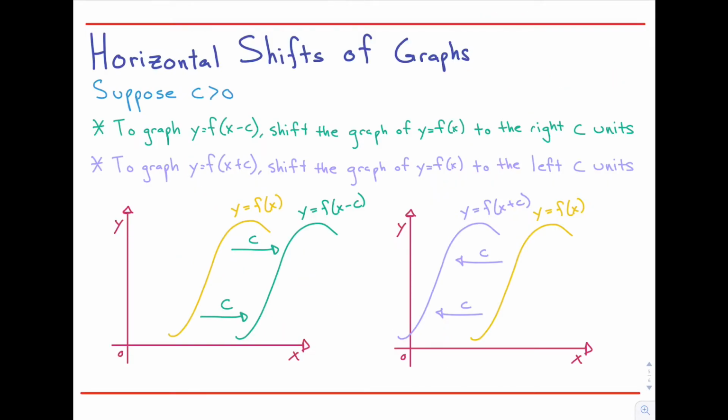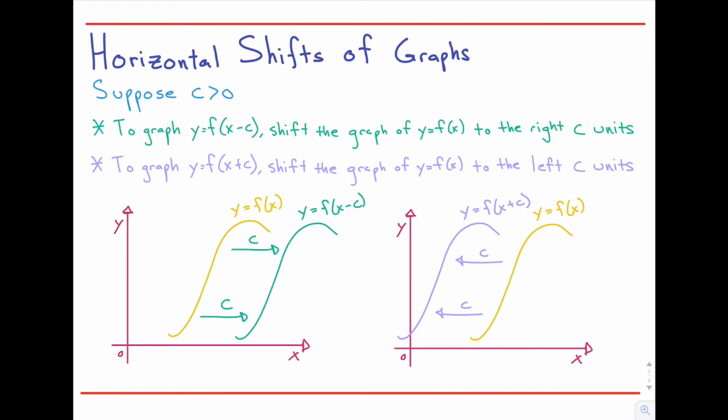So horizontal shifts of graphs. Again, suppose that c is greater than 0. To graph y equals f of x minus c, shift the graph of y equals f of x to the right c units. That is, when you see a negative sign, x minus something, we're going to the right. To graph y equals f of x plus c, shift the graph of y equals f of x to the left c units. In this case, you can kind of think of it as f of x